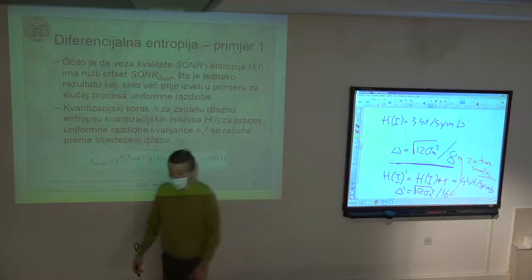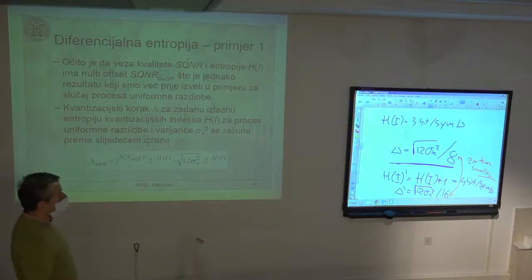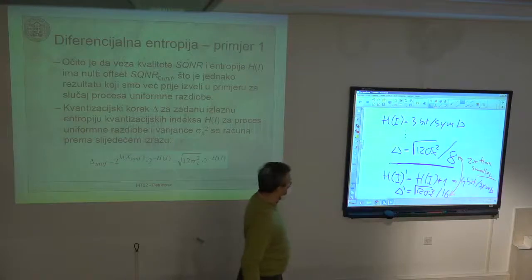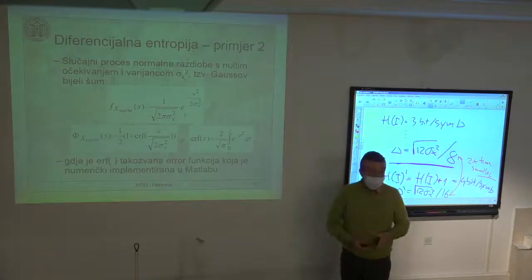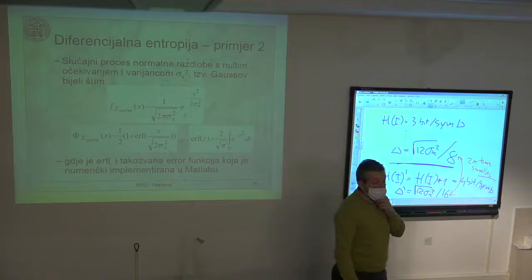So by increasing the rate by 1 bit, it means that the step size must be decreased by 2 times, in half. Okay. Going further, now once we have derived this trivial example, we will go to a more complex example, and